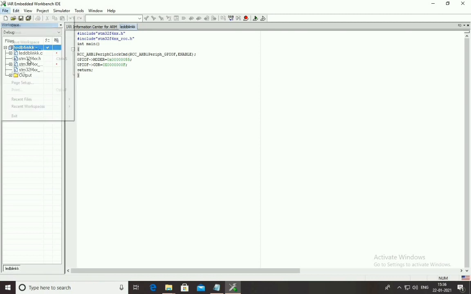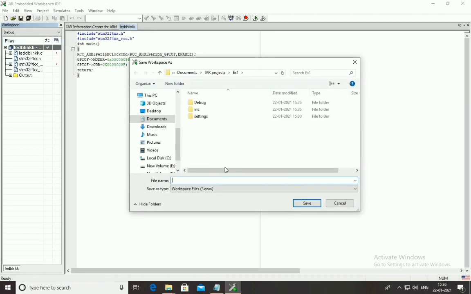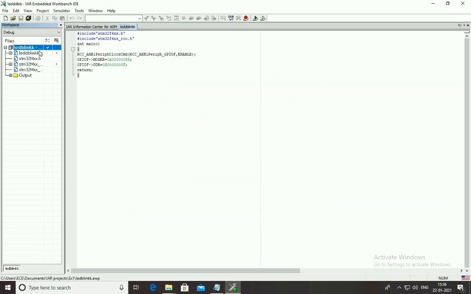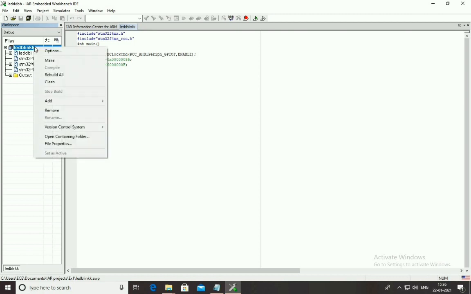Okay, so now after that, save the workspace, give the name, then right click, choose the options.